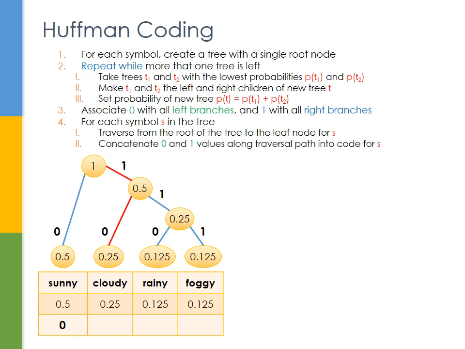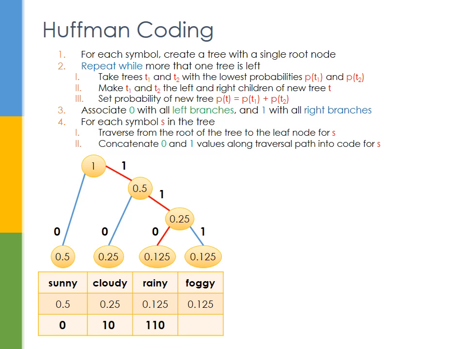And we see that we have traversed the binary values 1 and 0, meaning that we concatenate those values into the code for Cloudy. Then we move back again to the root node, and now for Rainy, we traverse from the root to 0.5, then 0.25, and finally to the leaf node associated with Rainy. We see that the values that we've traversed over are 1, 1, and 0, which we concatenate to create the